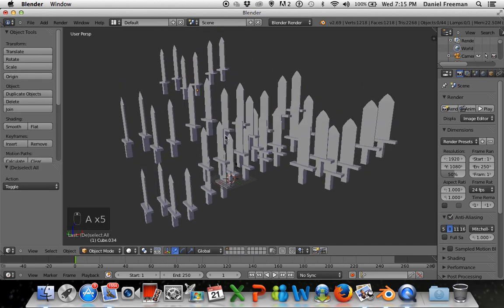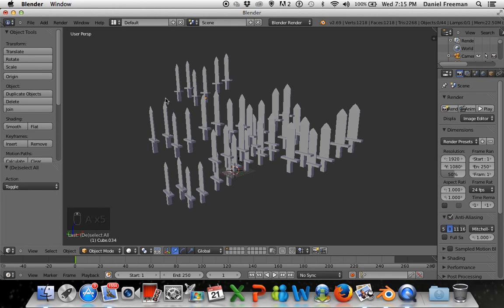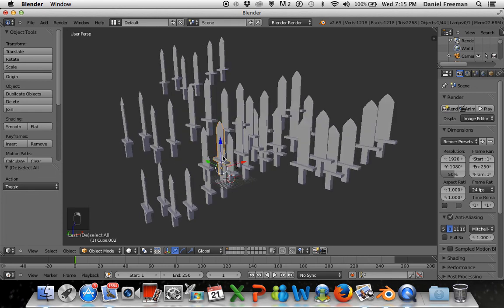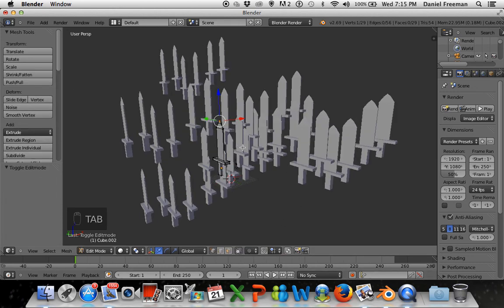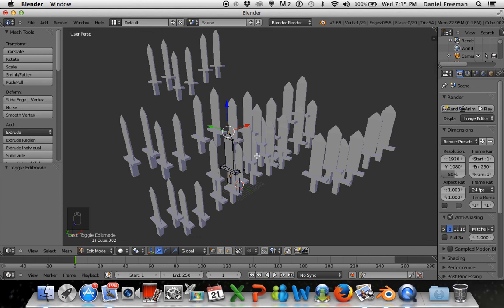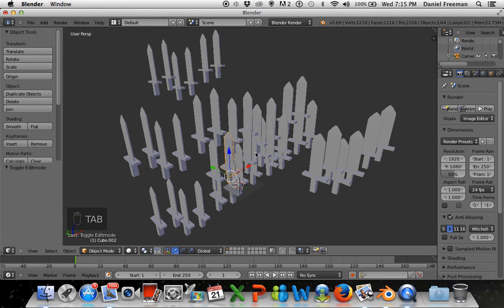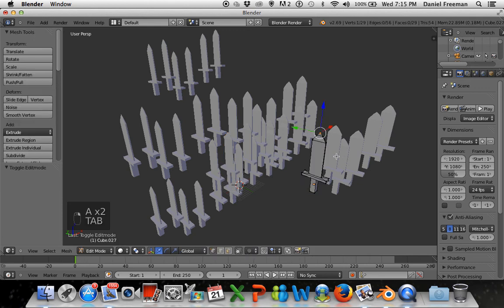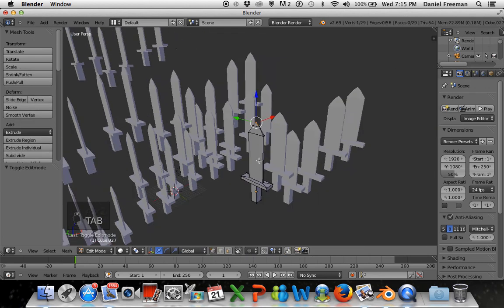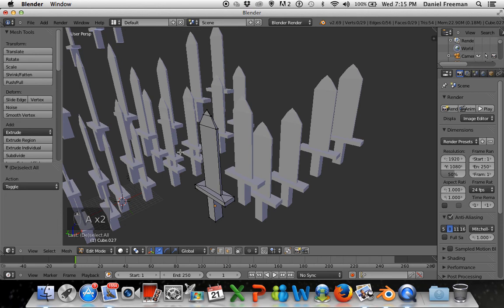Anyways, what I was trying to show was I was trying to join all of these meshes together, and whenever you press tab, it would just be a sea of vertices. That's what object mode is for. If you want to edit an individual anything, really, you can put it into object mode and press tab, select it in object mode, press tab, go into edit mode, and edit it without having to deal with all of